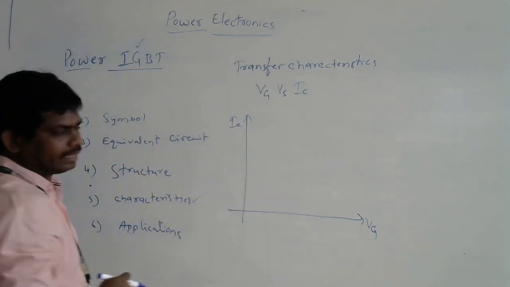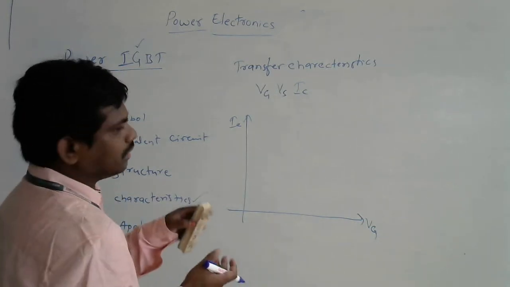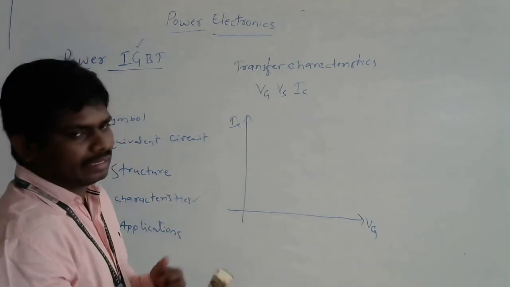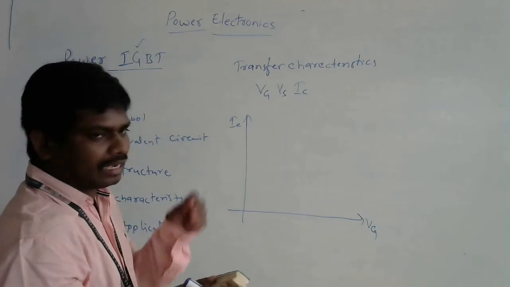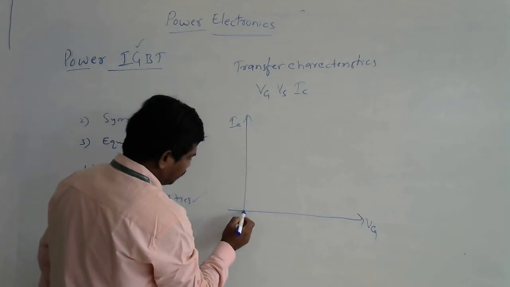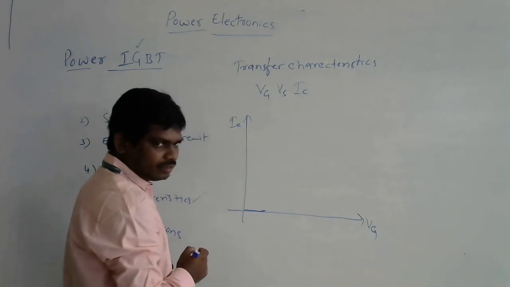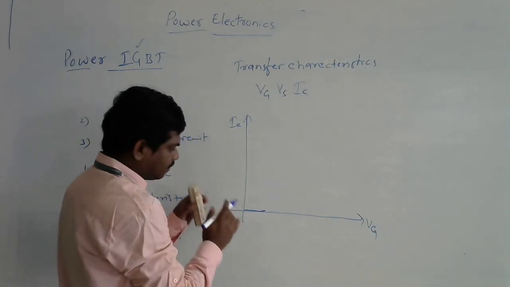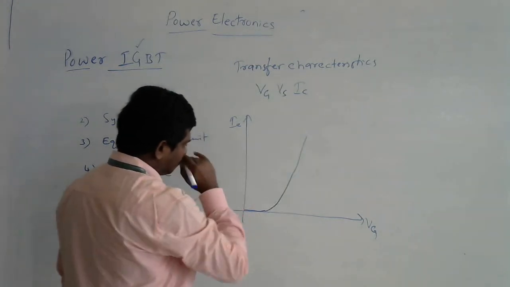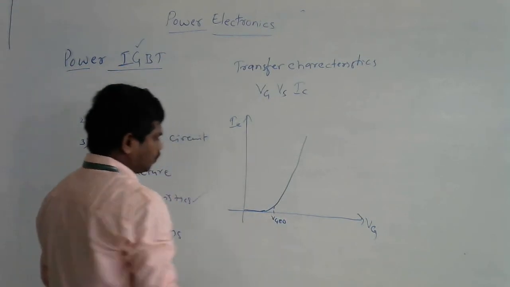After applying the gate signal, the silicon dioxide acts as a capacitor and allows the negative charge, and thereafter the N channel is created. After applying some amount of gate voltage, some energy is dropped to create the N channel inside the device. Even though you apply small values of gate voltage, the device won't conduct because the N channel is not created up to that point. After that, it allows the current to flow. This value is called VGE(th).